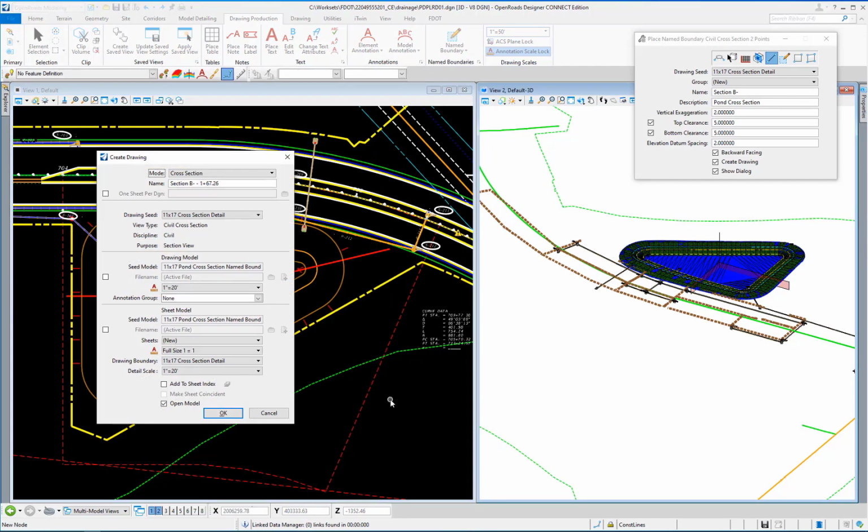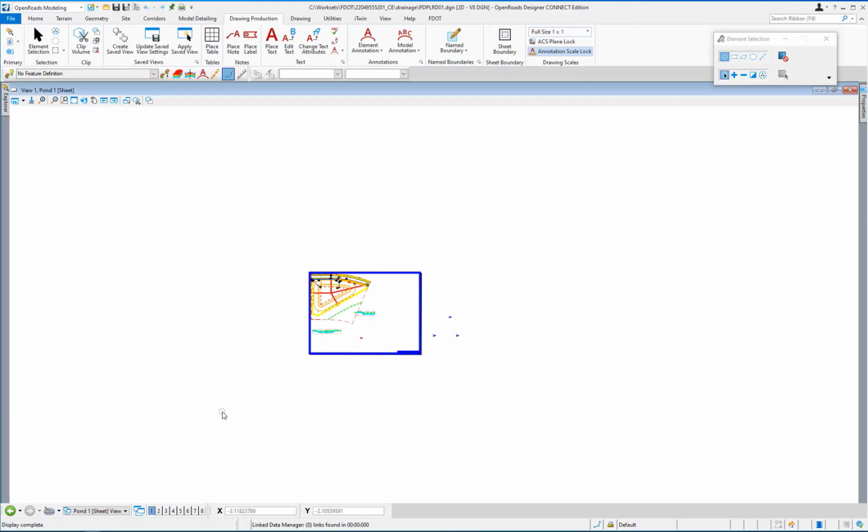This will bring up the Create Drawing dialog box. Set the name field to B-. Set the Sheets drop-down to Plan 1 Sheet. And left-click on the OK button to create the drawing.